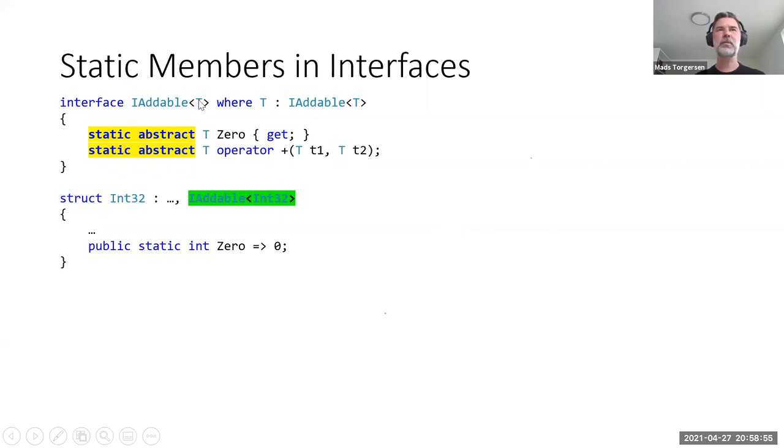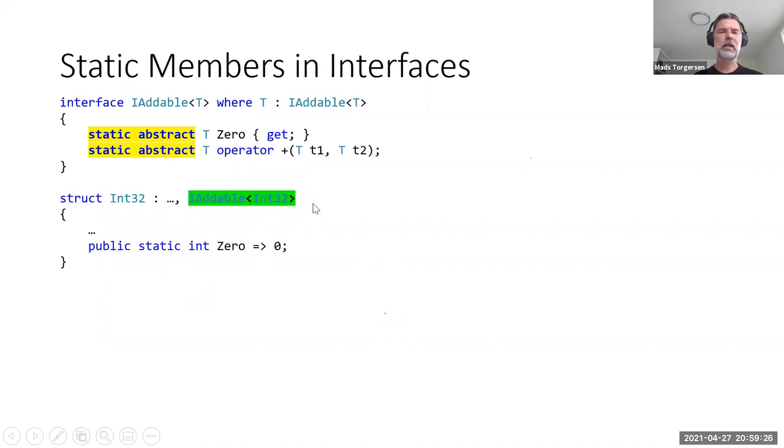They take the self type as a type parameter. That's like with IEquatable of T, right? It says, what am I equatable to? These say, what am I addable with? And now we can go and put these interfaces on our own primitive types, but you could also build your own types, matrices, whatever, and make them implement the same interfaces.